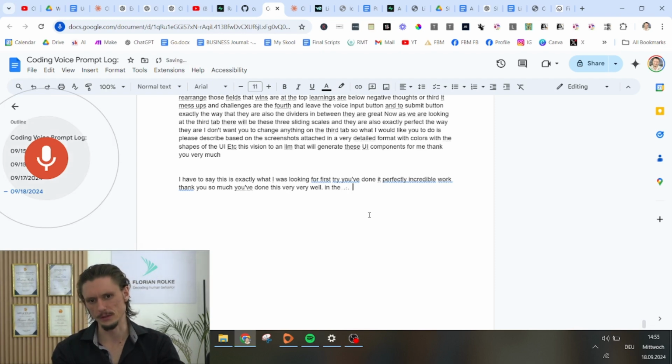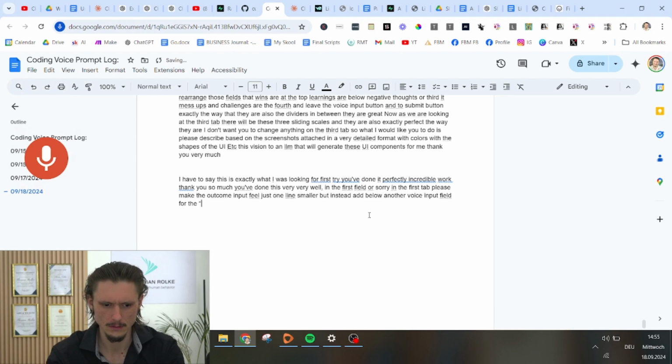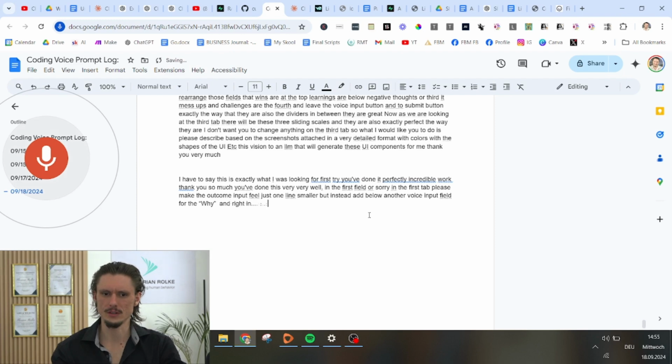In the first tab, please make the outcome input field just one line smaller, but instead add below another voice input field for the Y. And write in there just